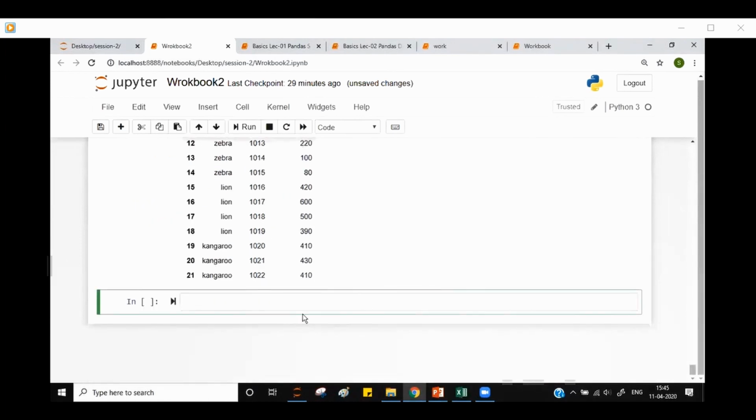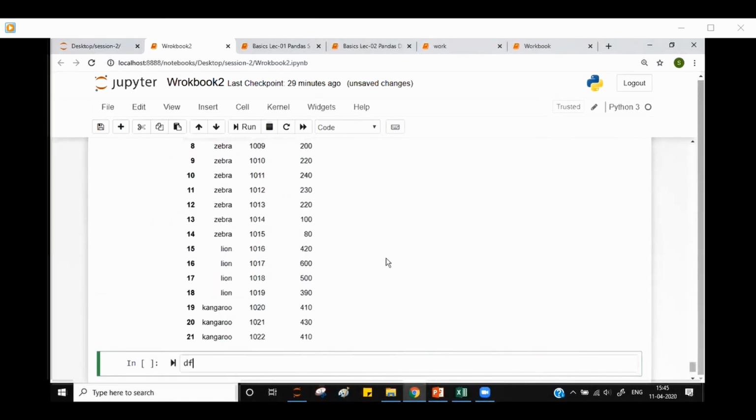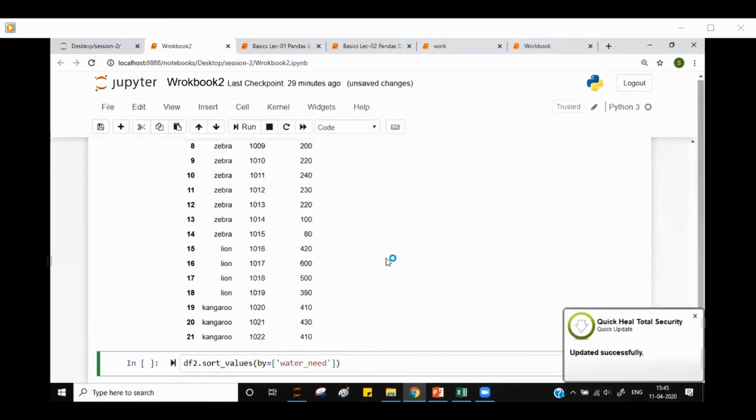Similarly, if I want to sort by water underscore need, so df2 dot sort underscore values by water underscore need, comma, unique underscore ID. What this will do is sort the data set first by water underscore need, and then if 2 or more values are similar, then it will sort by unique underscore ID.